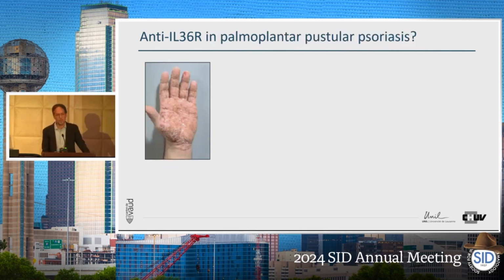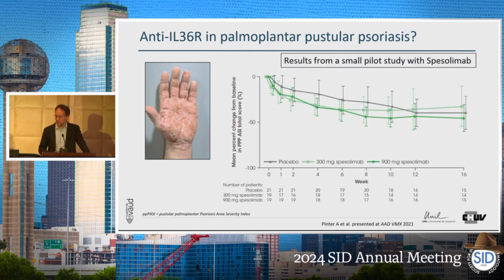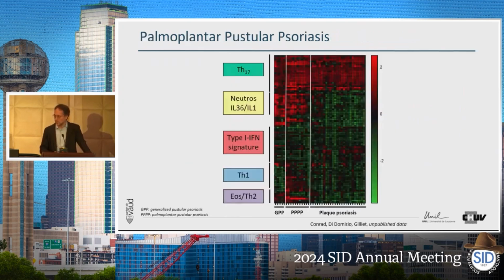palmoplantar pustular psoriasis. And so is IL-36 blockade an option there? And there was a study, in the meantime it's published, and it is a failure. So again, if you block IL-36 in a type of pustular psoriasis, it fails. So can we go back to the gene expression profiles with these modules and explain it that way, why it will not respond? And if you look at the different subtypes of psoriasis, again, you can see classical plaque type